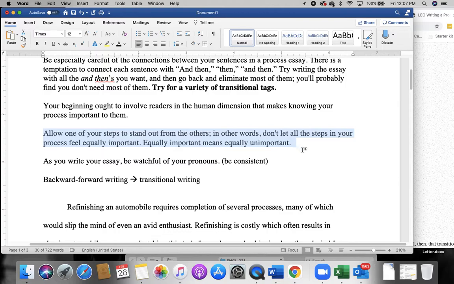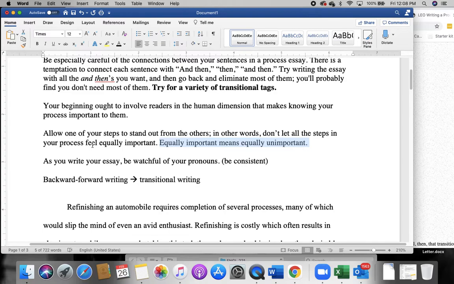Something else that source mentions: allow one of your steps to stand out from the others. In other words, don't let all the steps in your process feel equally important. Very existential note here. Equally important means equally unimportant. I think when I first read that, I just stared at it for 10 minutes. I was like, whoa, my mind exploded. And then they talk about adding a cautionary warning or a safety something,